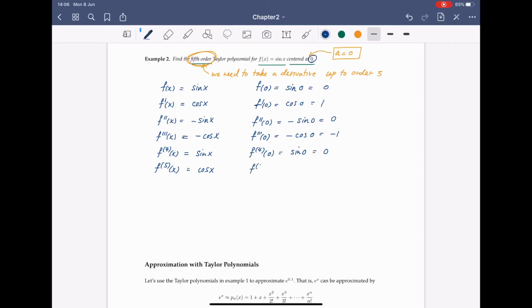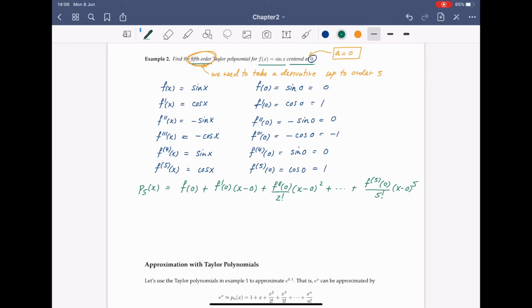And the last one we have cosine 0, which is 1. Alright, so now let's look at the Taylor polynomial of order 5. Well, this thing is going to be f at the center, which is 0, right? And then plus f prime 0 times x minus 0. And then plus f double prime at 0 over 2 factorial times x minus 0 squared, and so on up to the fifth order derivative of f at 0 over 5 factorial times x minus 0 to the fifth